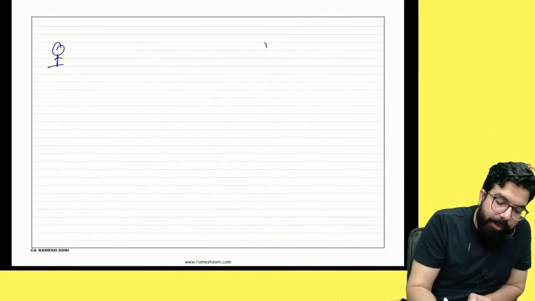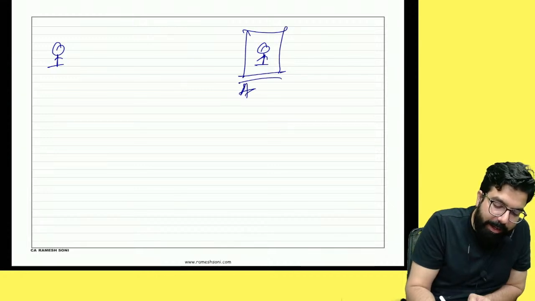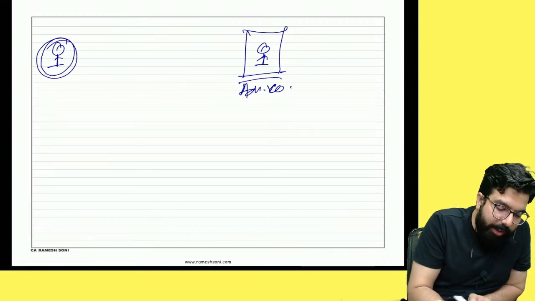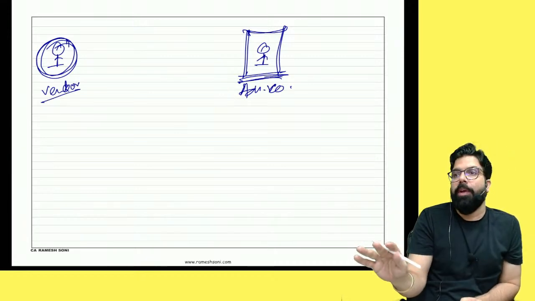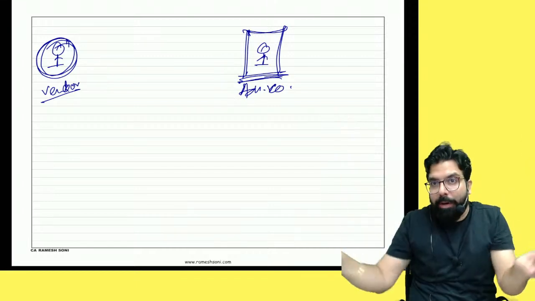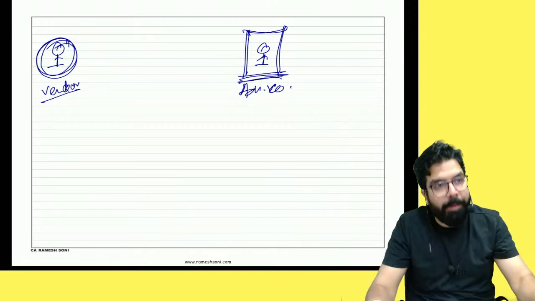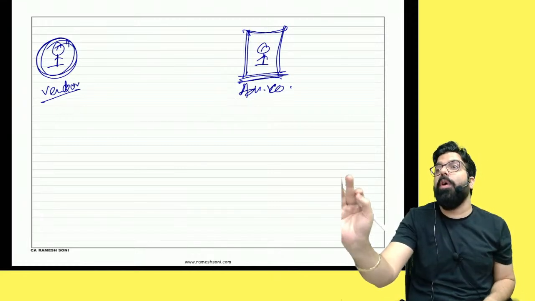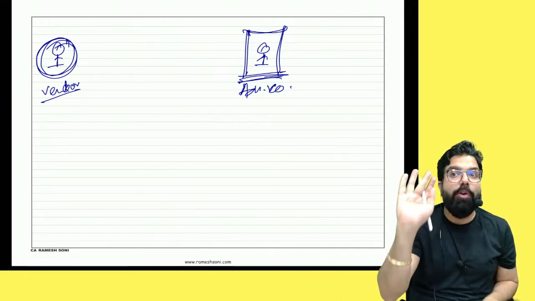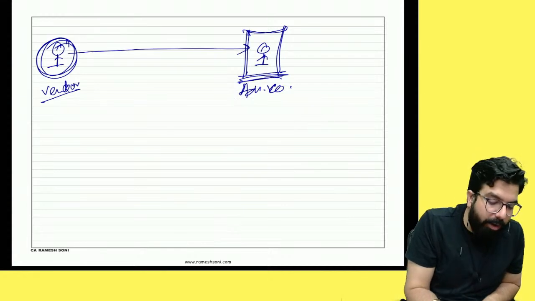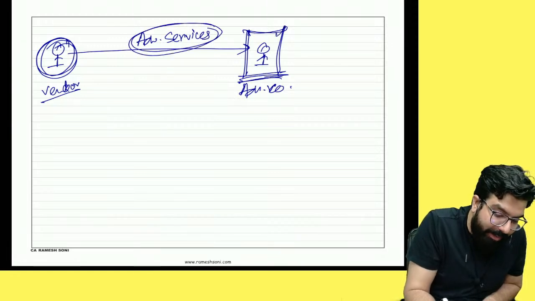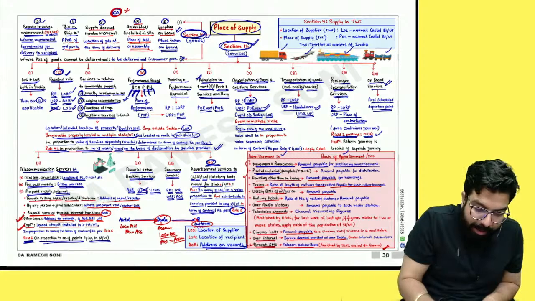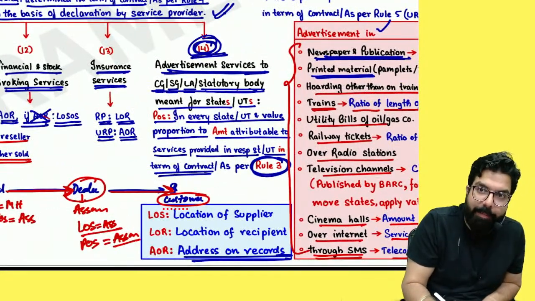This is one person. This is one advertisement company. I am the advertisement company. I told this vendor, see, you go search for a hoarding. In the hoarding, the advertisement which is to be done, I'll tell you. You get it printed, you do everything and do the advertisement for me for 1 year. My question over here, is he giving me any immovable property on rent or is he giving me advertisement services? When he is giving me advertisement services, am I central government? No. So whenever advertisement services are given to central government, then this is applicable. Otherwise,